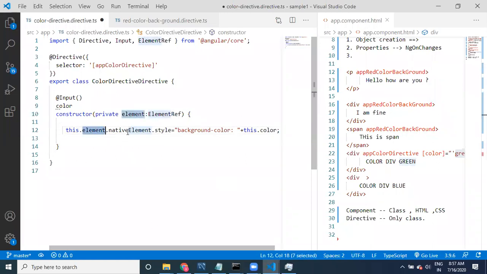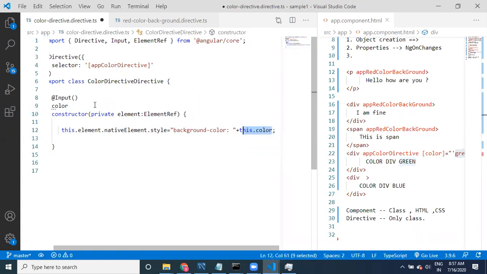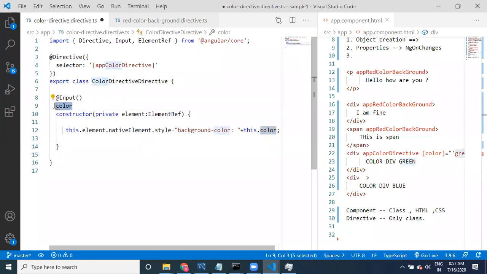Right, this dot element ref dot native element dot style dot background color, and this dot color. So what is this basically? Now we need to provide this background color. What is the background color here actually? The color, this value is going to come from input, right? For now, what I will do is provide something like blue.